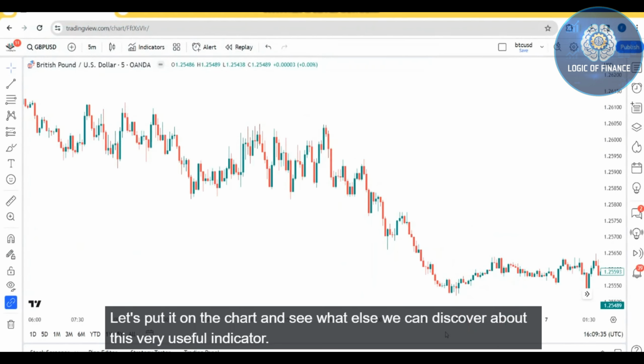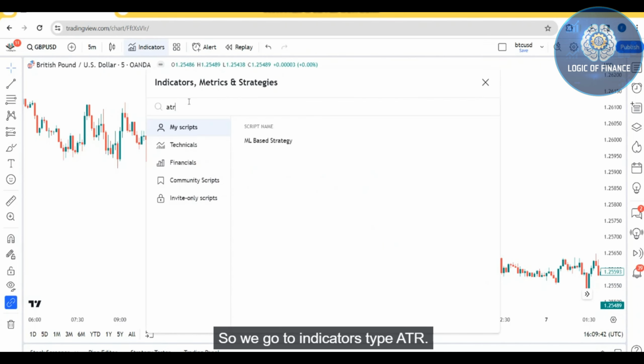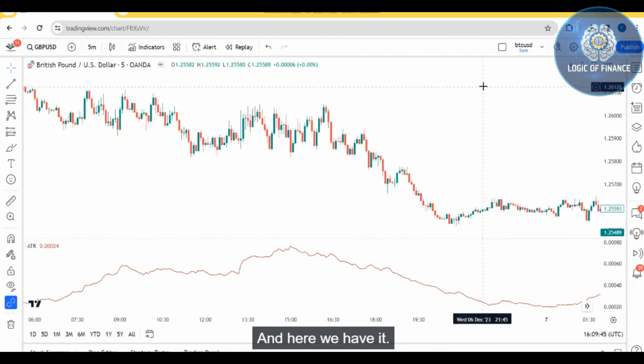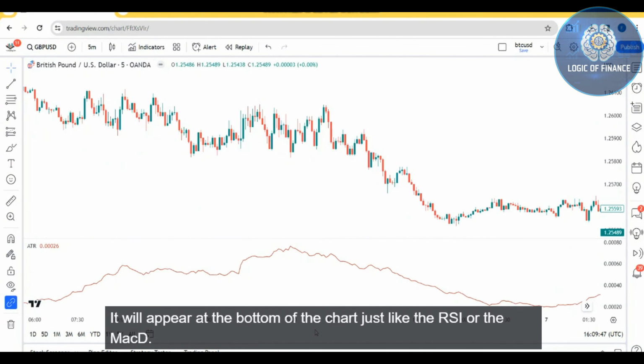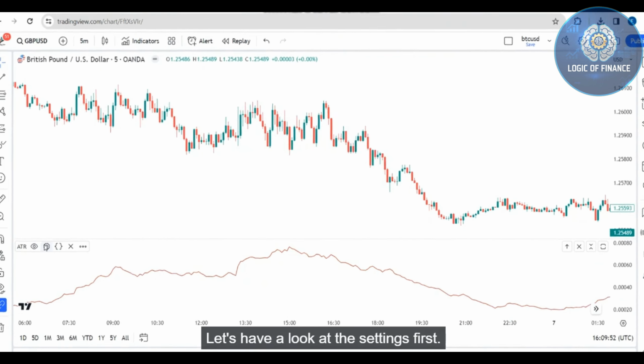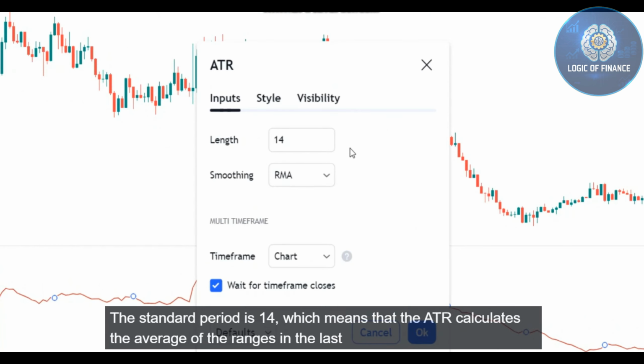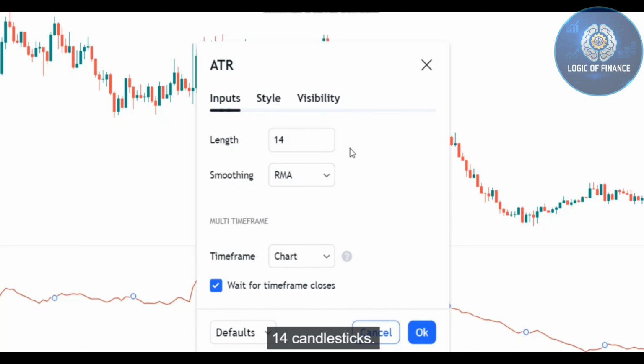Let's put it on the chart and see what else we can discover about this very useful indicator. So we go to indicators, type ATR, and here we have it. It will appear at the bottom of the chart just like the RSI or the MACD. Let's have a look at the settings first. In inputs, we have length, which represents the period of the ATR. The standard period is 14, which means that the ATR calculates the average of the ranges in the last 14